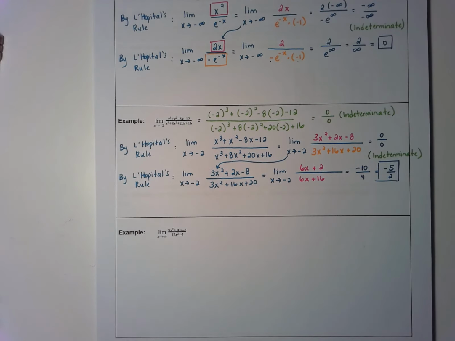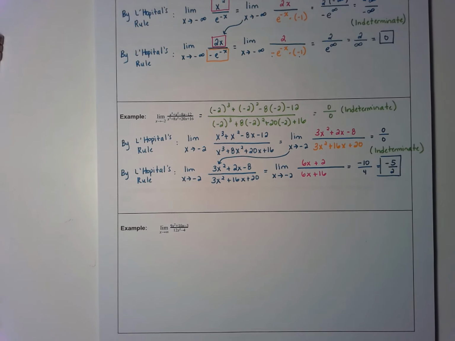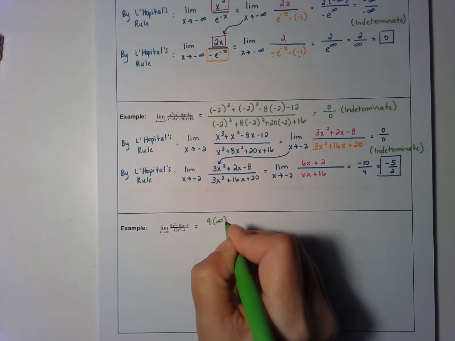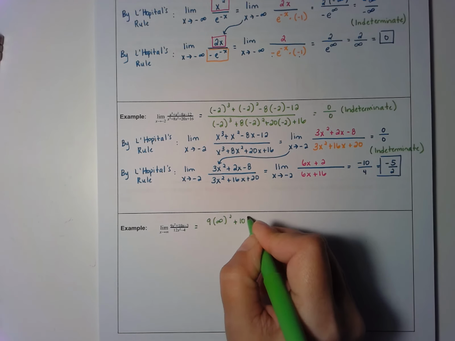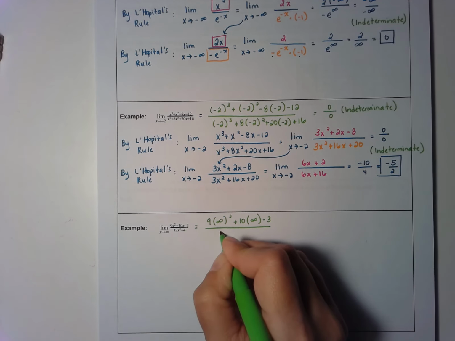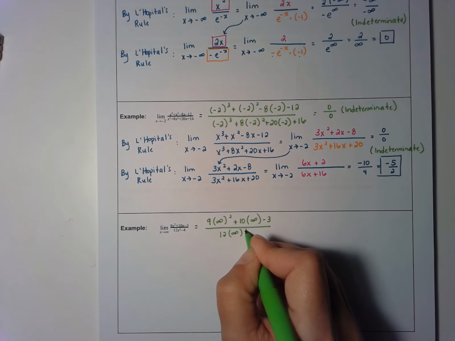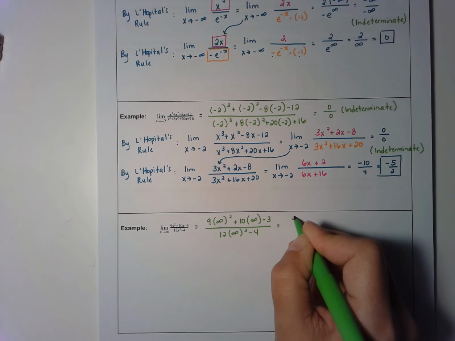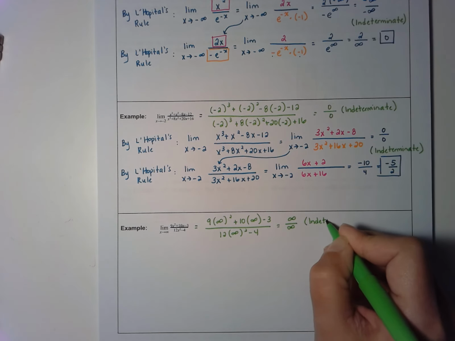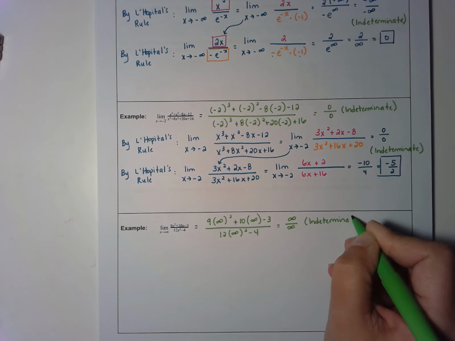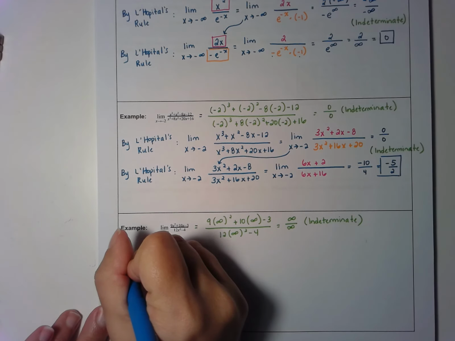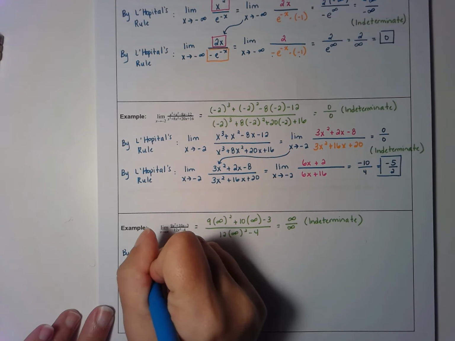Last but not least, if we try the problem in the last example, if we start with direct substitution, we're going to get 9 times infinity squared plus 10 times infinity minus 3, all over 12 times infinity squared minus 4, which is going to give us infinity over infinity. So that would be indeterminate. Because this is an indeterminate limit, we can apply L'Hopital's rule. So to show our thinking, we would say by L'Hopital's rule,